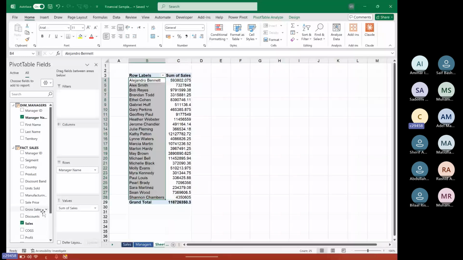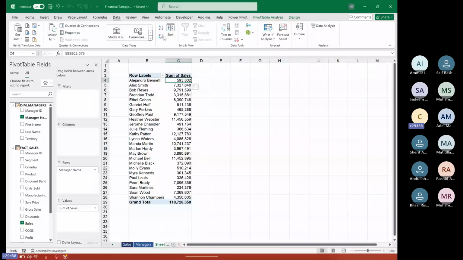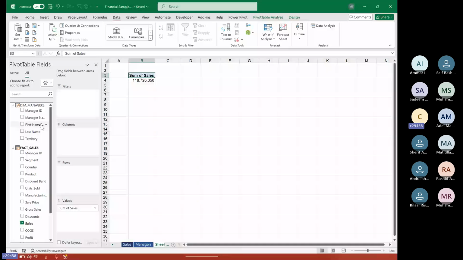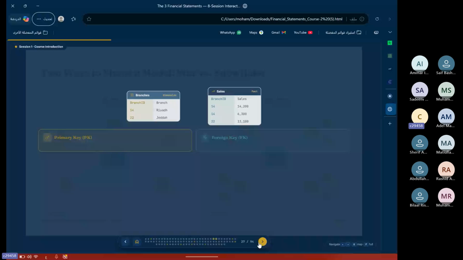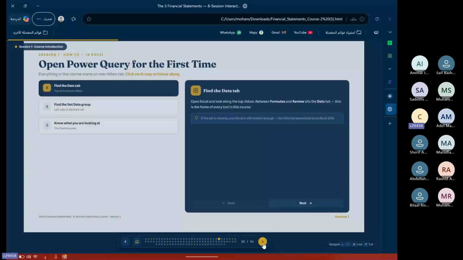So here our sales, if we format it for you, will be more readable. So you will have it like this. This is what you have. You don't need to see the manager name only, you need to see it by territory. So you will make it like this. So you have it by territory. This is what I mean about the database, the things that we need to build. We will explain this. This is something called the star schema and the snowflake schema. This is what you have: a lot of dimension tables and one fact table. This is the sales table, here category, here branch.